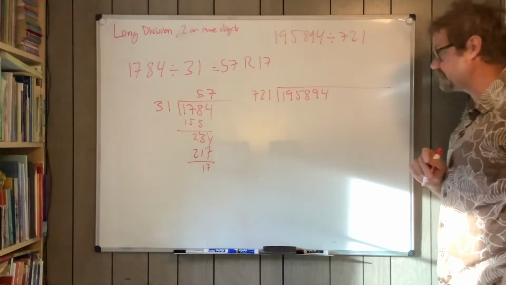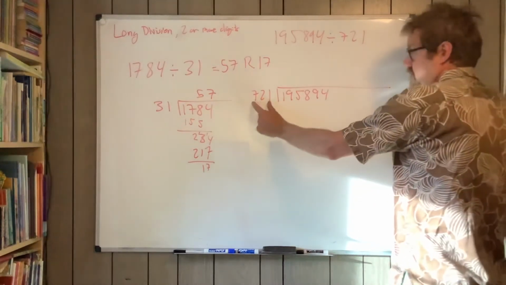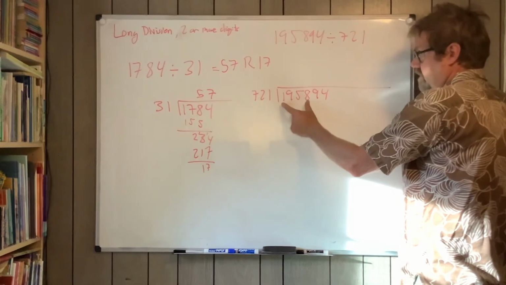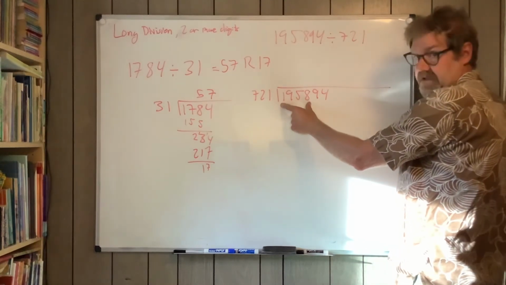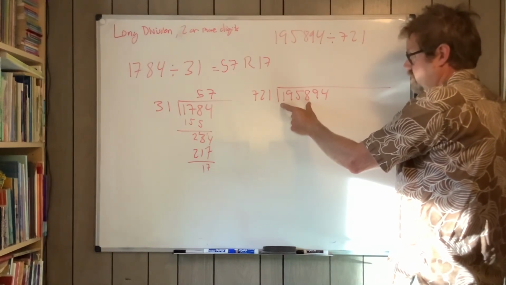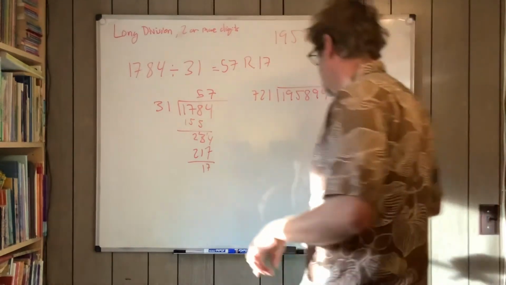Starting to get a little tricky here, right? But 721 doesn't go into 19, doesn't go into 195. It will go into 1958. Okay, so what you're going to do again is I'm thinking